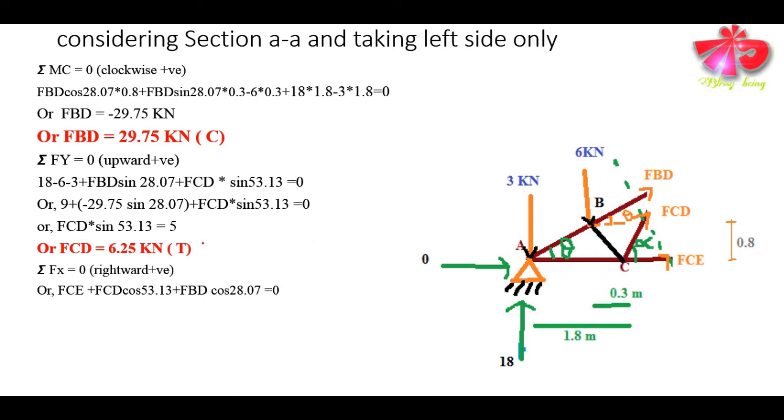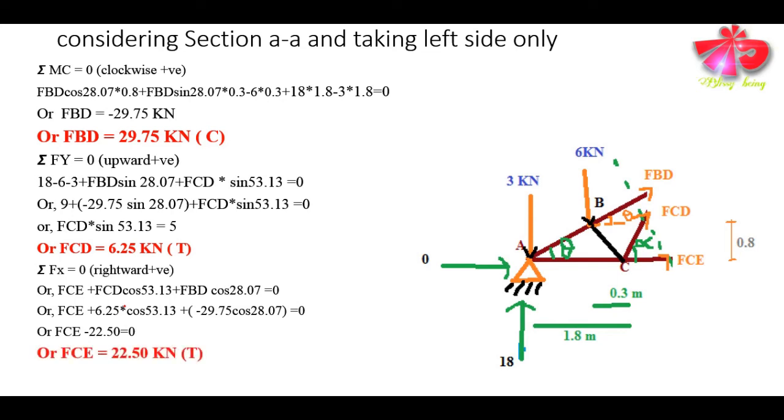So we can easily write FCE plus FCD cos alpha plus FBD cos theta equals 0, where theta is 28.07 and alpha is 53.13. If we substitute this, then the remaining force FCE comes out to be 22.50 kilonewton,